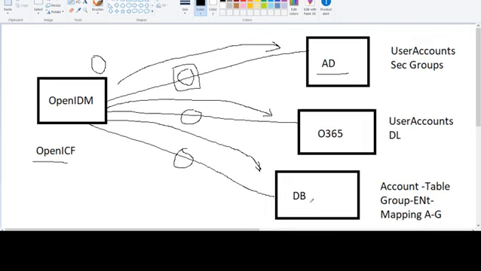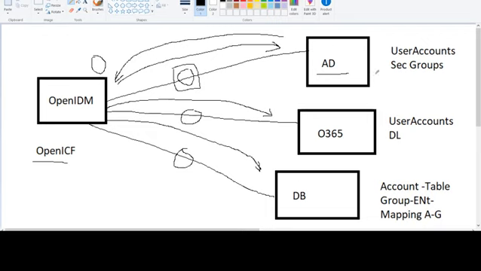Now also the reading of the data. For reading of the data, we use the same concept, where we have a mapping from the external resource to your OpenIDM. Only then will the bidirectional data flow actually get started. Active Directory is now connected to OpenIDM, and we have a mapping from Active Directory to OpenIDM as well.